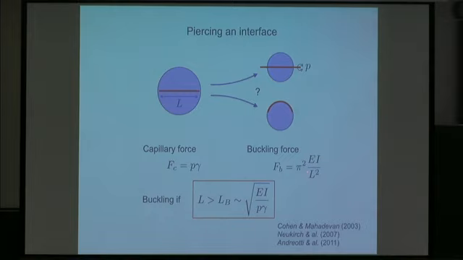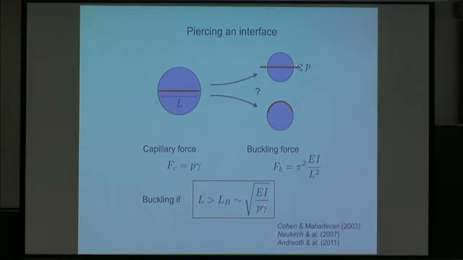So I is the second moment of inertia, E is the Young modulus, divided by the square of the length. And basically, you expect the rod which is inside the droplet to buckle and to remain inside the droplet if this capillary force is bigger than this buckling force. Very, very easy. And you end up with a buckling length, if I can say, which is given by the square root, because you have L square here. So that will be the square root of the Young modulus times the second moment of inertia, divided by the perimeter